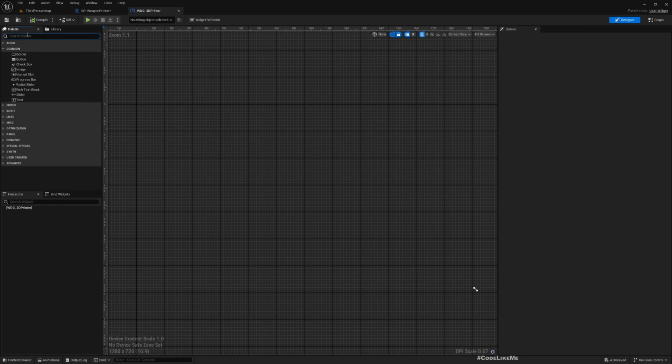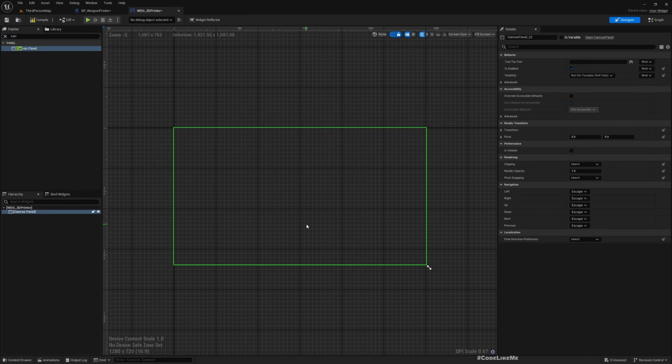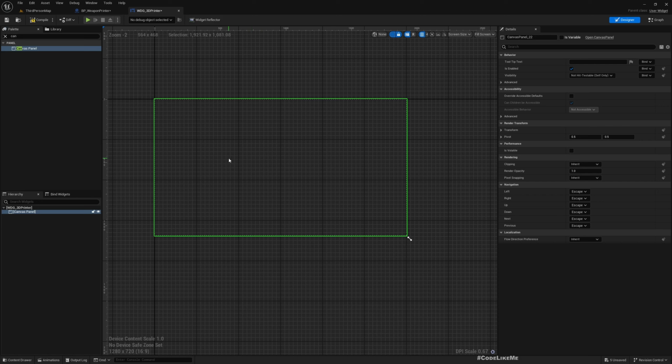Let's add a canvas panel, and I need 3 buttons, 2 buttons on the sides to press next, change next and previous weapons, whatever we need to print, and then another button to just print. So let's add a button,